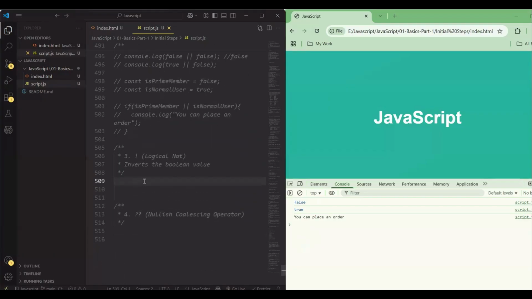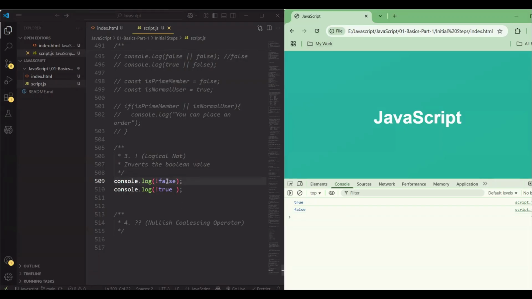Logical NOT. Here we discussed the logical NOT already. Let me uncomment these two lines, and I'll remove these two here, and maybe I'll just remove this side just to demonstrate. Okay, I'll put a NOT operator against both of them, and I'll remove this. So run this and see, this is turning to true and this is turning to false because of this negate